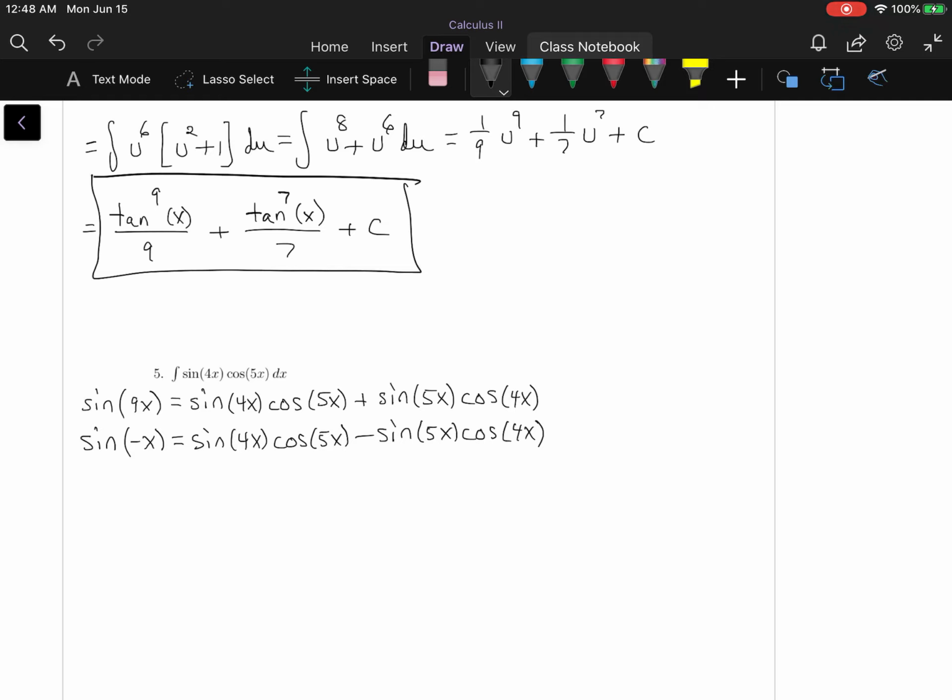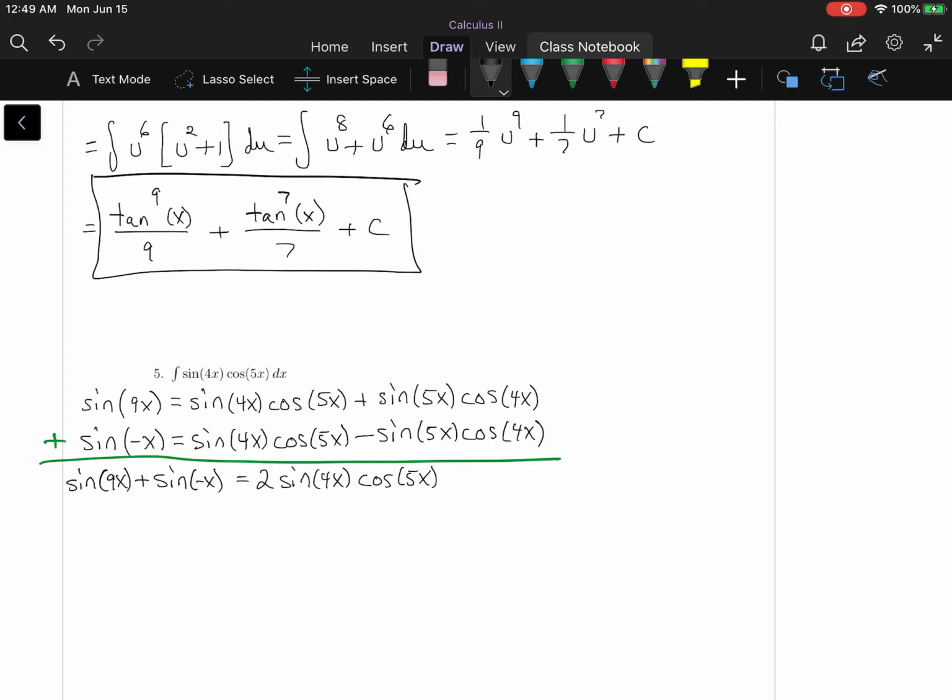But what I recognize is that if I add these two equations together, then what I get is sine 9x plus sine of negative x equals 2 sine 4x cosine 5x, and the last term cancels out,